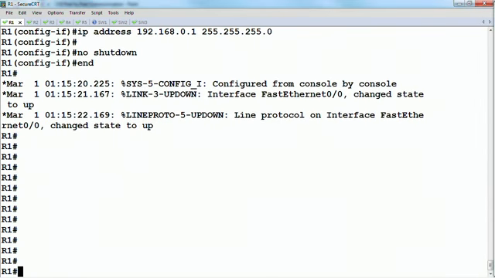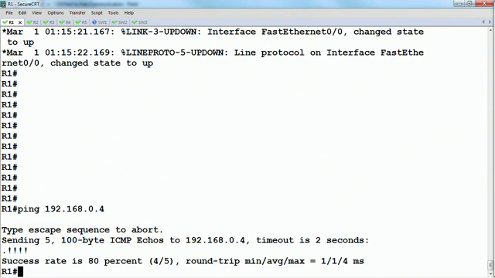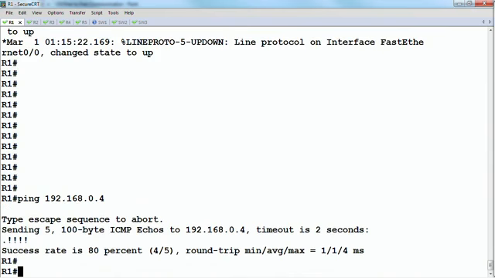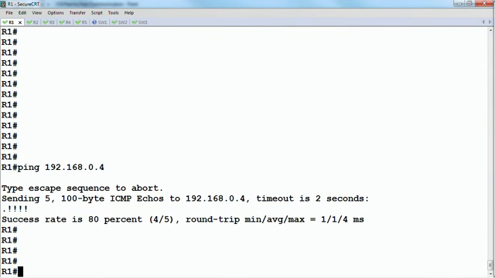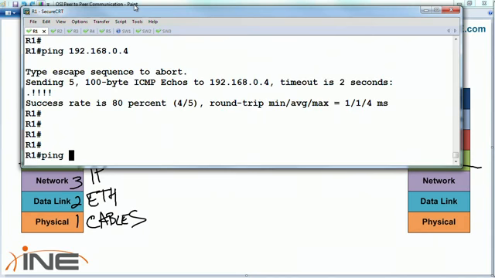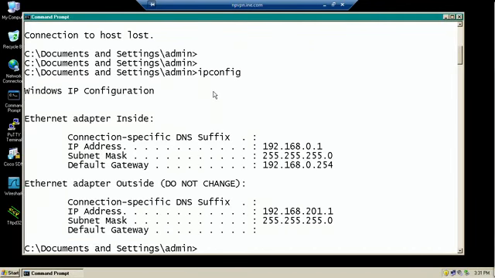So next, let's try our ping. We ping 192.168. Let's try to ping router 4. Okay, we have connectivity to router 4. The Windows machine had what address here? The Windows machine actually has the same address,